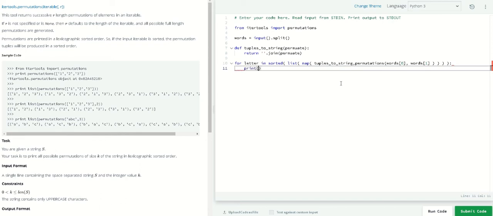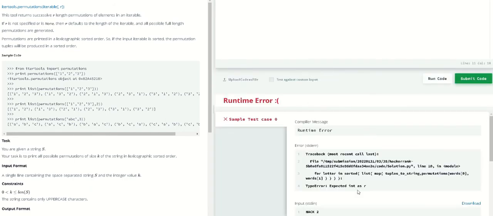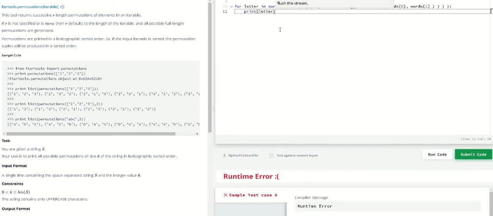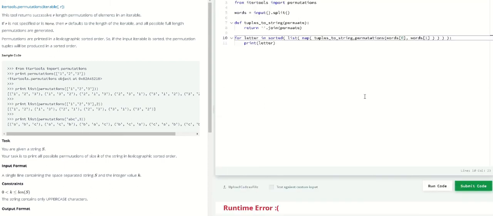And we will have to print the letter right here. So there you go. Let's try and test this code. We are missing something right here. So in letter sort, I think we're missing